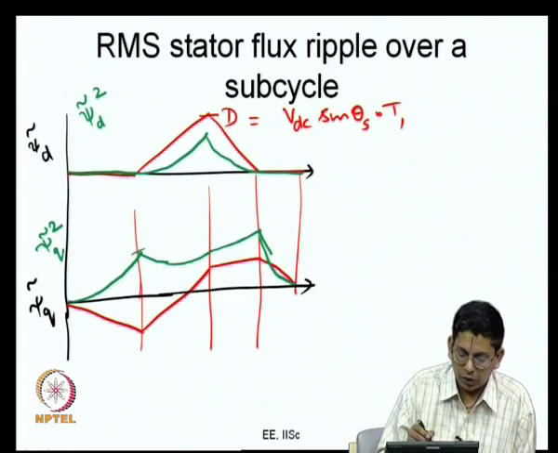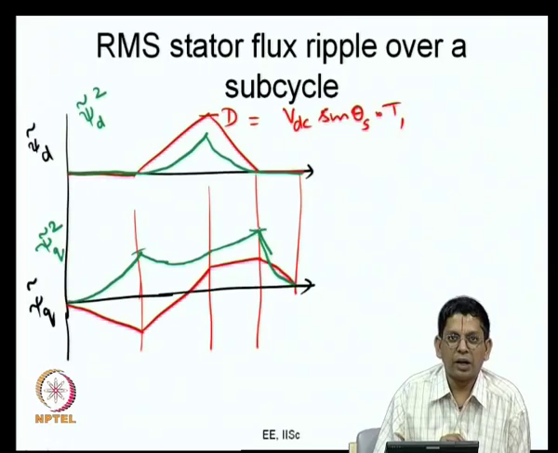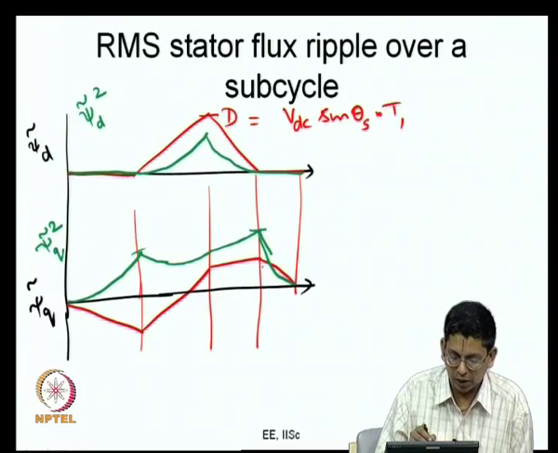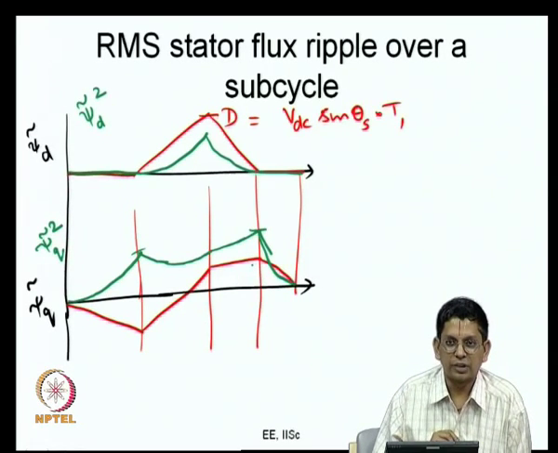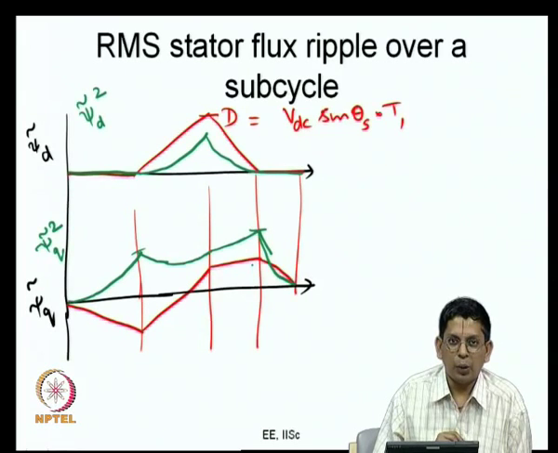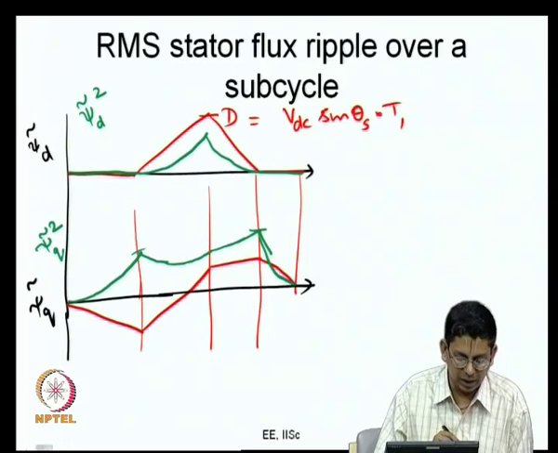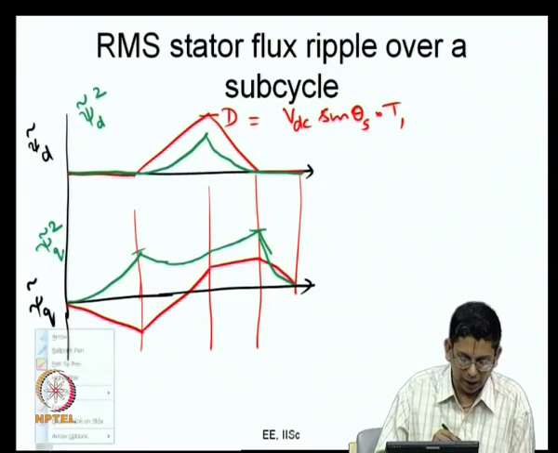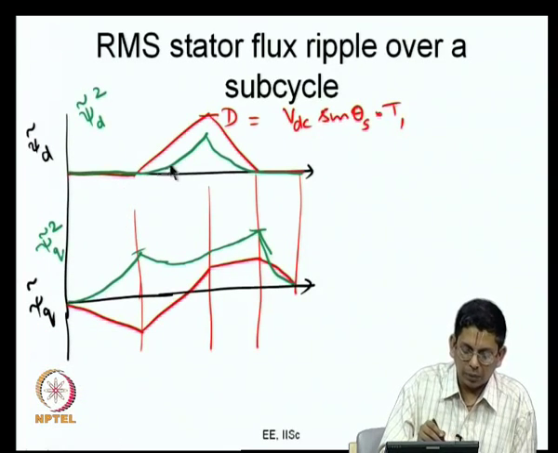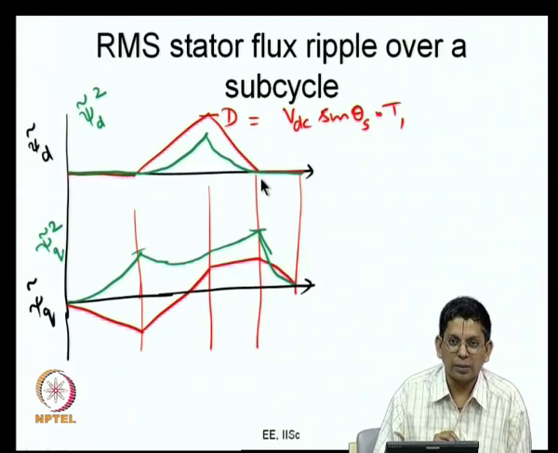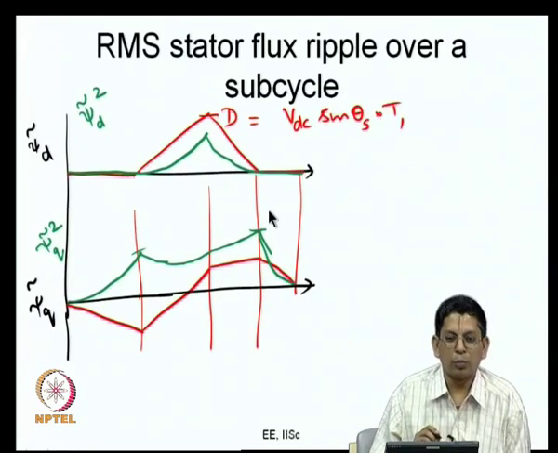So, these two are actually equal. The difference is just my drawing inaccuracies, because these two are supposed to be equal and opposite in sign, and so this will also be equal and opposite to that now. So, why am I doing that? I am first trying to get a feel for how you have to square these to calculate the RMS value. The psi d tilde and psi q tilde, or id tilde and iq tilde for that matter, are piecewise linear functions, and if you square them, they become piecewise parabolic functions.